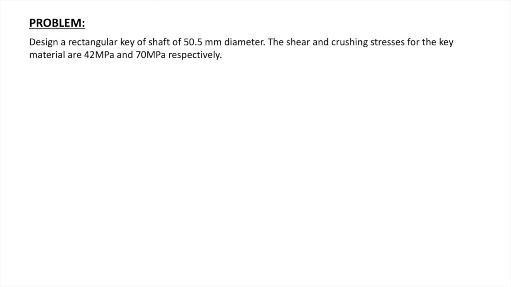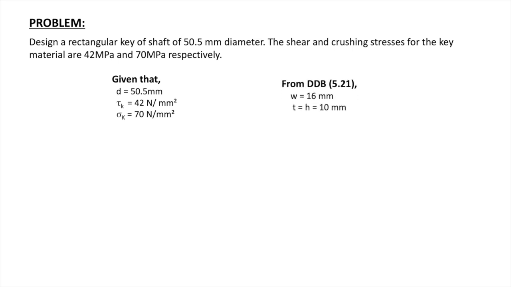Design a rectangular key for a shaft of 50.5 mm diameter. The shear and crushing stresses for the key material are 42 megapascal and 70 megapascal. The megapascals are nothing but Newton per mm square. The first step I've done is to list out the given data, and then from the design data book, using the diameter of the shaft, I have found out the width and the thickness or height, whichever you can call it. The reference page number is 5.21 in my reference design data